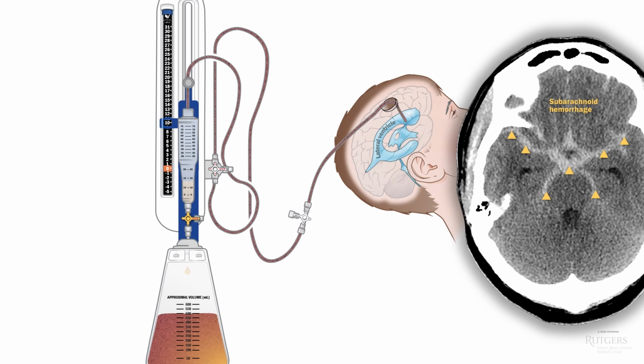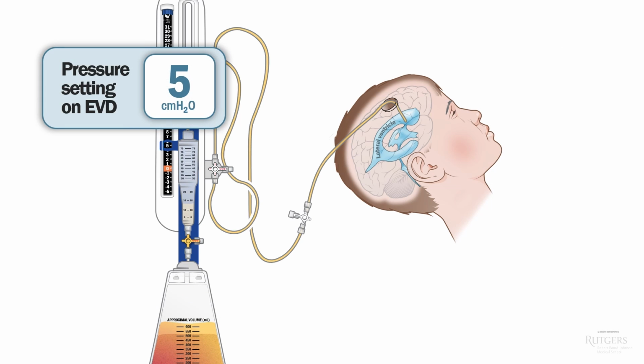Our patient has subarachnoid hemorrhage. This means that the blood will likely mix with CSF, and the viscosity of the fluid will increase, and drainage will become sluggish. Here is where lowering the drip chamber to 5 might help. It will increase the pressure gradient between the patient and the EVD, and hopefully it will help clear the blood in the system. By the way, because the collection system is a series of tiny tubes with resistance to flow, all of the CSF does not just immediately empty out if the system is dropped too low.